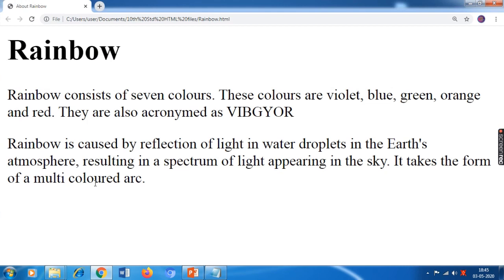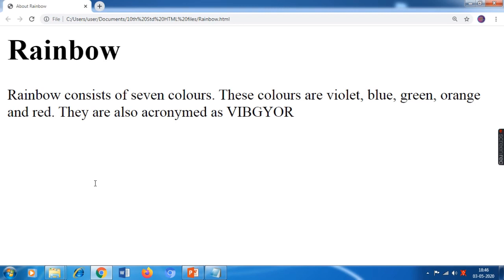Now I press Alt Tab. Is the paragraph deleted here? No, it's not deleted. So we have to refresh the result. I press the function key F5, and now I can see the changes. Like this, whenever you want to make any changes, you have to do this process.